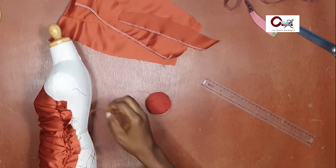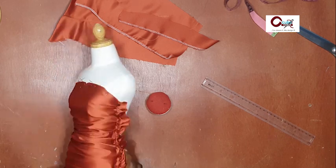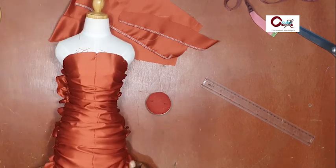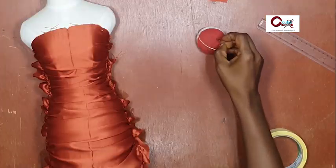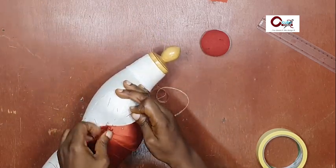Then in the process of draping, ensure there are no funny bulges in the middle of the body. As such, if you run your hand from left to right or from right to left and you're trying to feel your way around, there shouldn't be excess falling over. Once you have that done,